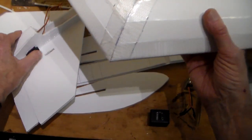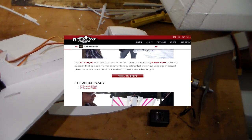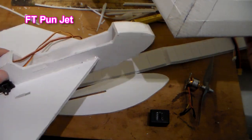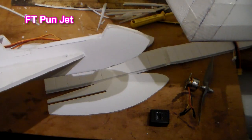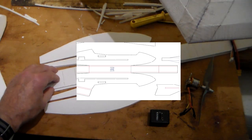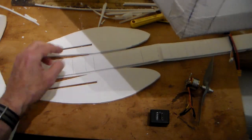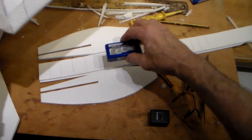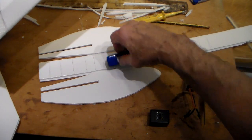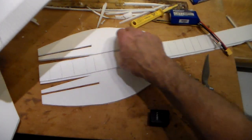So, looking for a nose, as it happens I've just built, haven't really finished it yet, the Flight Test Funjet, spelt F-U-N-J-E-T or something, and I figured that's got a nice shaped nose. So I downloaded the tiled nose again because I'd cut it all up, and widened it by a fraction so that it will actually take this battery crossways. It took it that way anyway, but I'd rather have a bit more width there. I've widened it a bit, extended the cockpit,